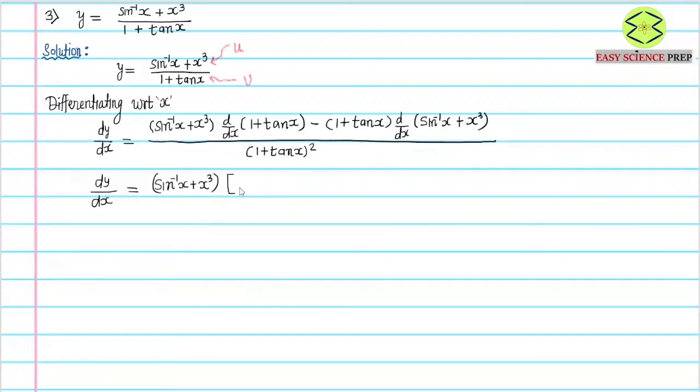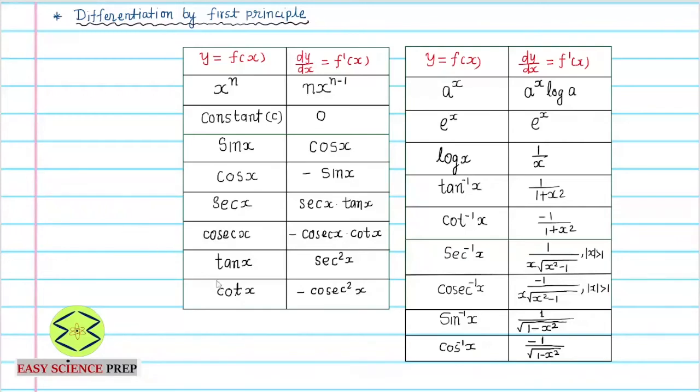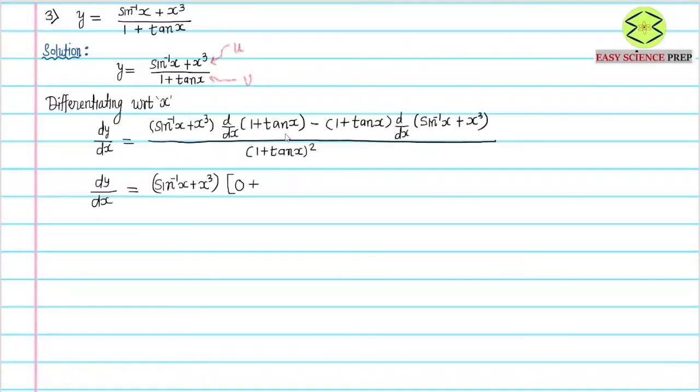And now inside this we have the derivative of 1 and the derivative of tan x. So the derivative of 1 is going to be 0 because 1 is a constant. And the derivative of tan x, you can refer to the table if you don't remember it. So the derivative of tan x is secant square x, right? So let me apply that. The derivative of tan x is going to be secant square x. Now here 1 plus tan x, this particular term has no differentiation, so we'll simply write down 1 plus tan x.